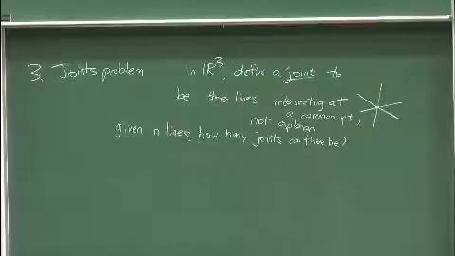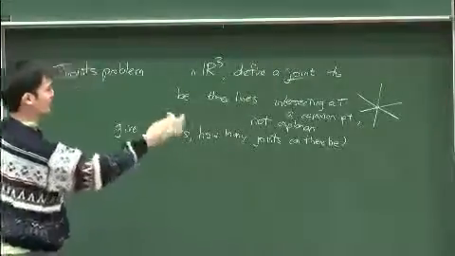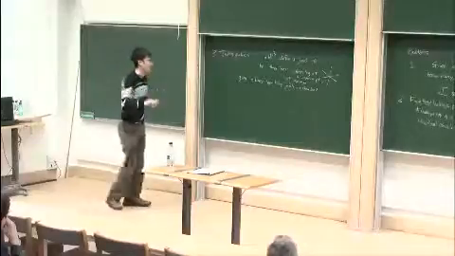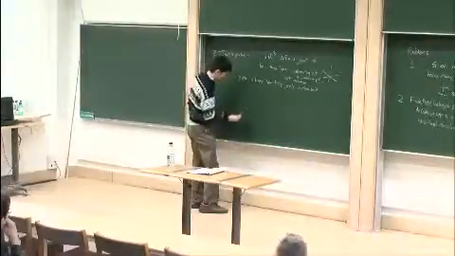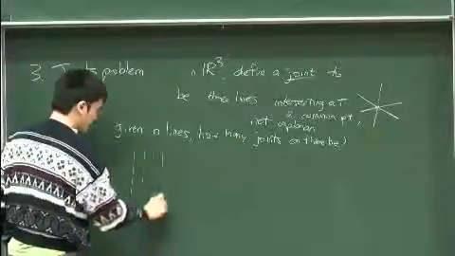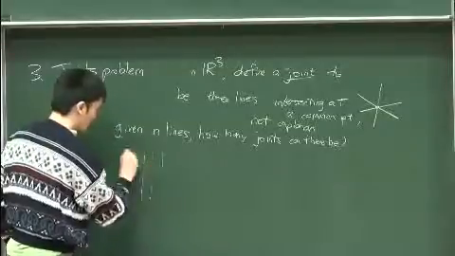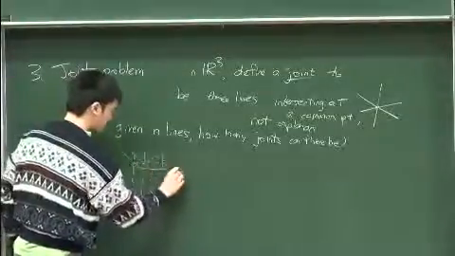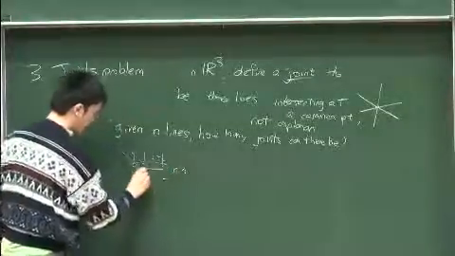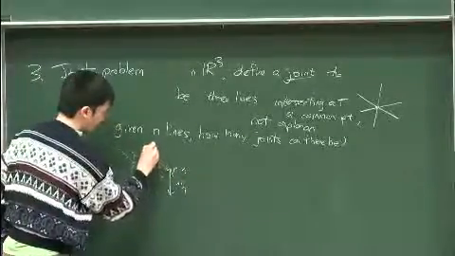Of course, you can have zero joints if the lines don't meet each other. But the question is, how many can you have? So this is a simple example of a grid. If you pick a grid of, say, integer lattice points of size n to the 1/3 by n to the 1/3 by n to the 1/3,